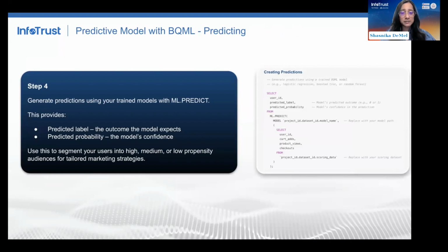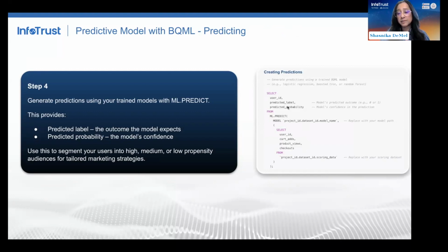Once you evaluate the model performance and you've decided, okay, you are going to go with the propensity model that uses, for example, your random forest model, then you go ahead and utilize this code, ML.PREDICT.